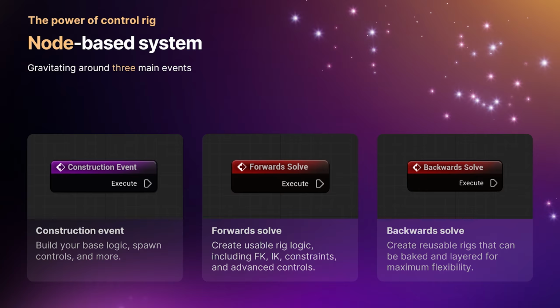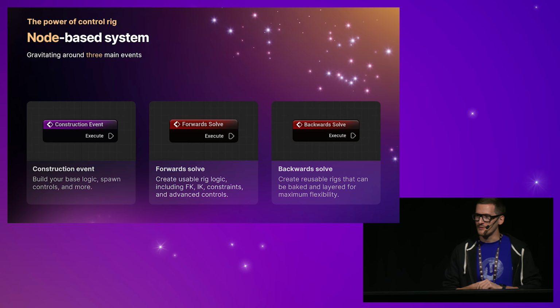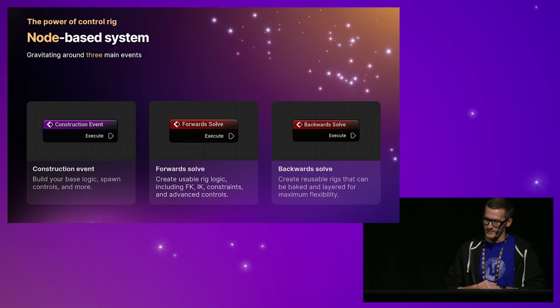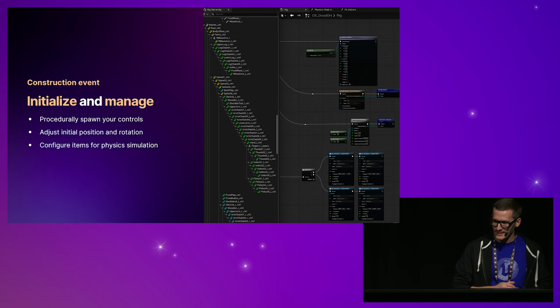Forward solve is the main event where you build the core logic. So FK, IK solvers, constraints, etc. And then we've got this little, might be difficult one, backward solve. That's really important if you, for example, want to bring already existing animation data and want to adjust that in the sequencer. So we're going to cover all 3 of them right now, starting with the